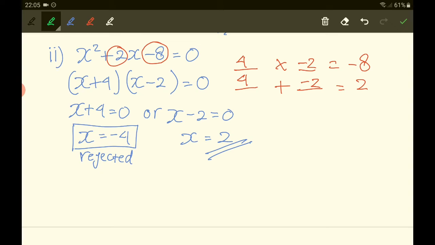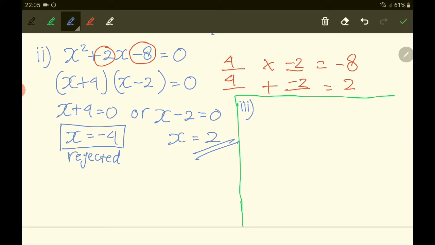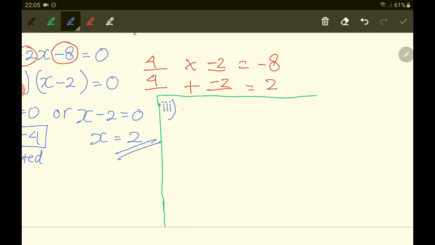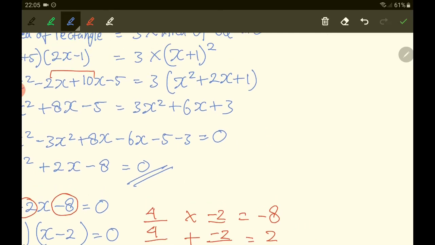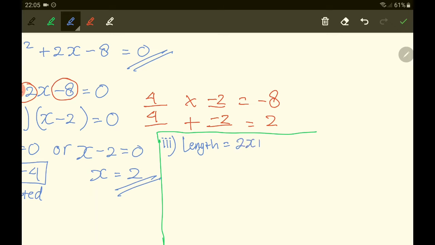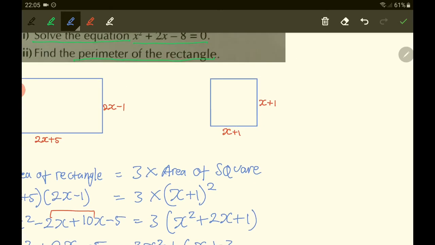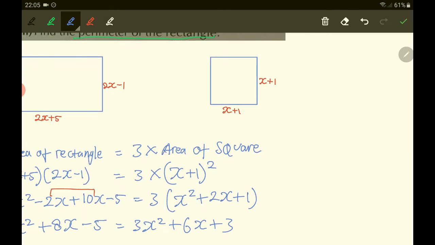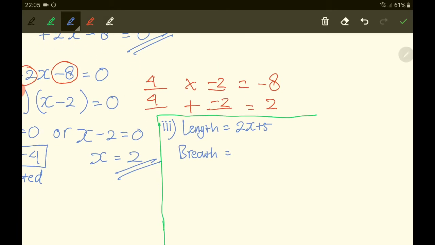So for the third part, the length is 2x plus 5, and then the width or breadth,